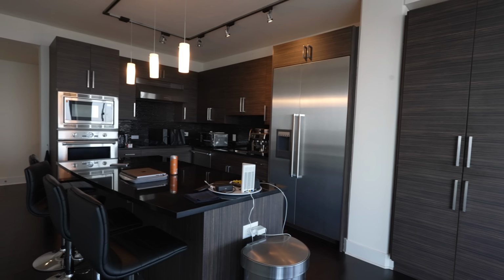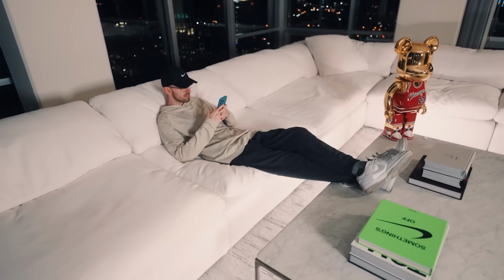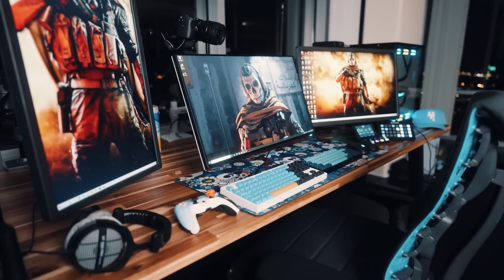All right, so this is my kitchen where a lot of cooking happens because I'm a professional chef on Uber Eats and DoorDash. But I'm learning. This can be my new setup tour for a lot of you guys that watch my old one. You guys know that my setup is over there in my living room, and we're gonna be changing that around